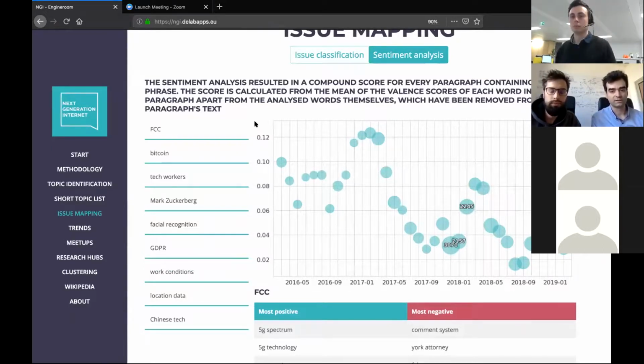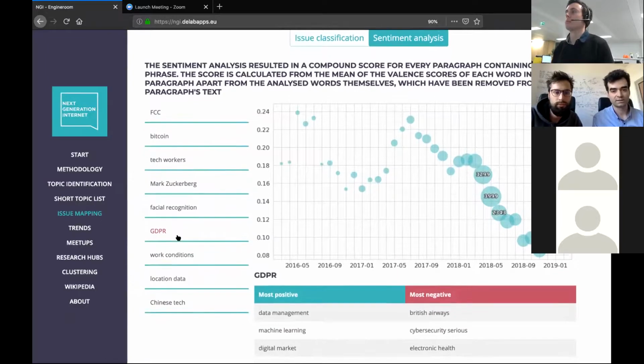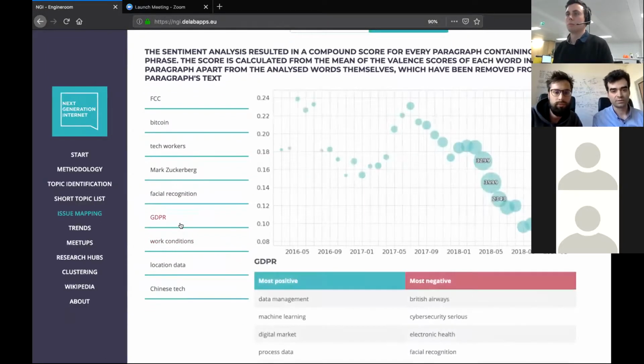We have calculated this measure for different time periods, and this is what the graphs present, along with the number of paragraphs containing the analyzed word. And well, we have seen pretty interesting results. So as an example, if we examine GDPR, you can see how once we have been